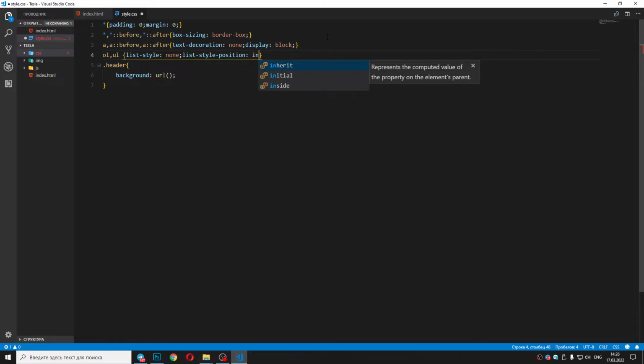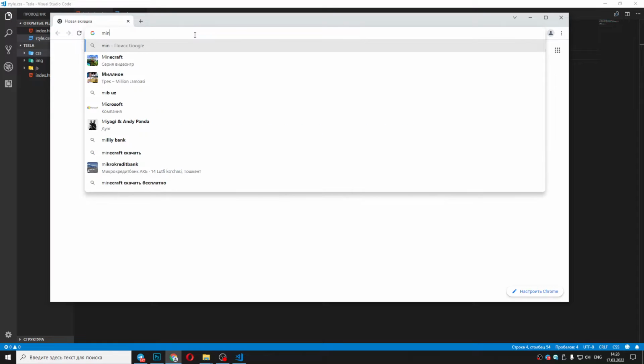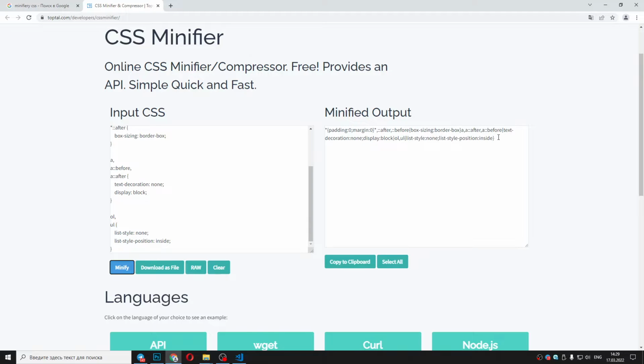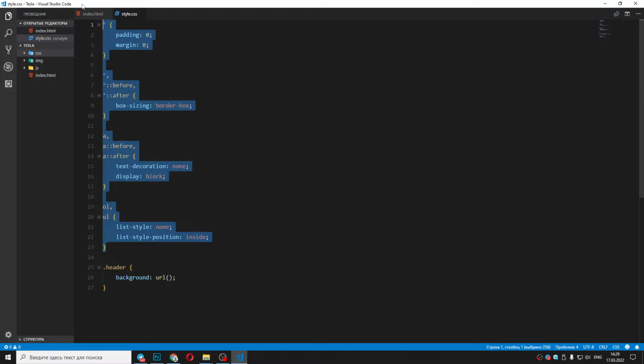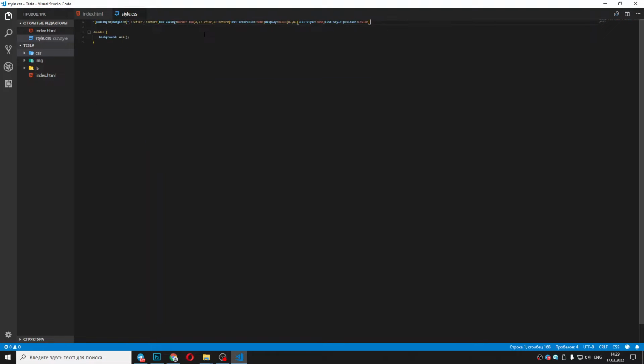So just let me explain what a CSS minifier is. Let me format my old code with Ctrl F. So let's go to Google Chrome and type CSS minifier. I'm going to just copy and paste here in the space where I should paste, and with pressing the minifier button you